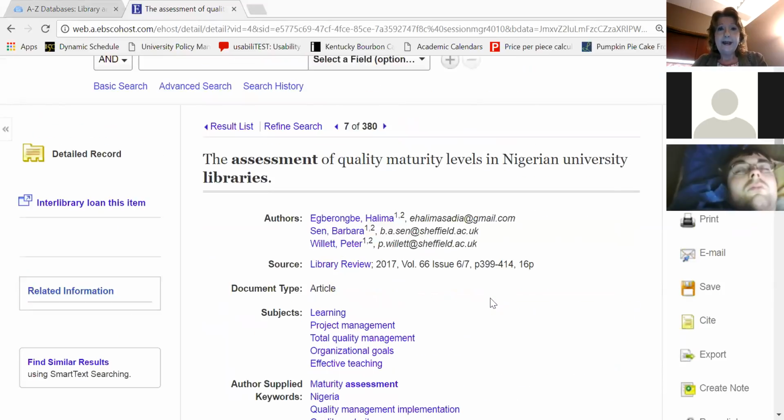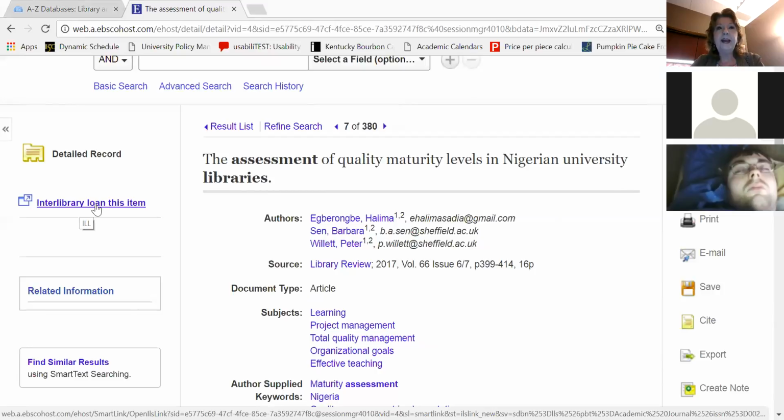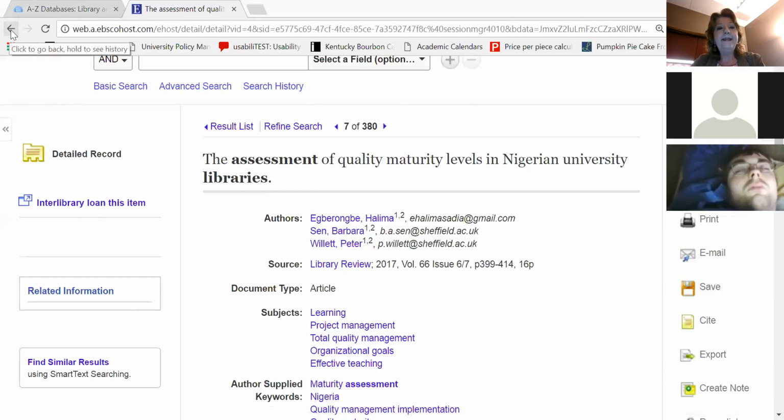So the second temptation at this point might be, if my patron has a little bit of familiarity with libraries, the second thing that a patron might do is say, well, I think I'm going to click on this link and see if I can get this article through interlibrary loan. Now, this is,